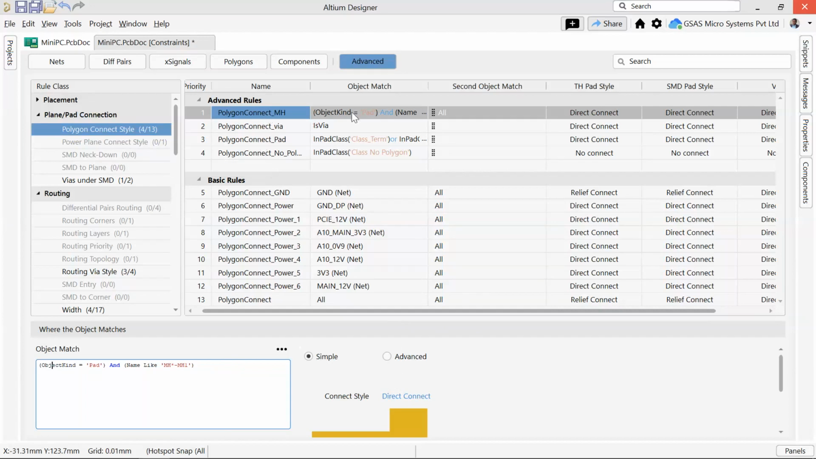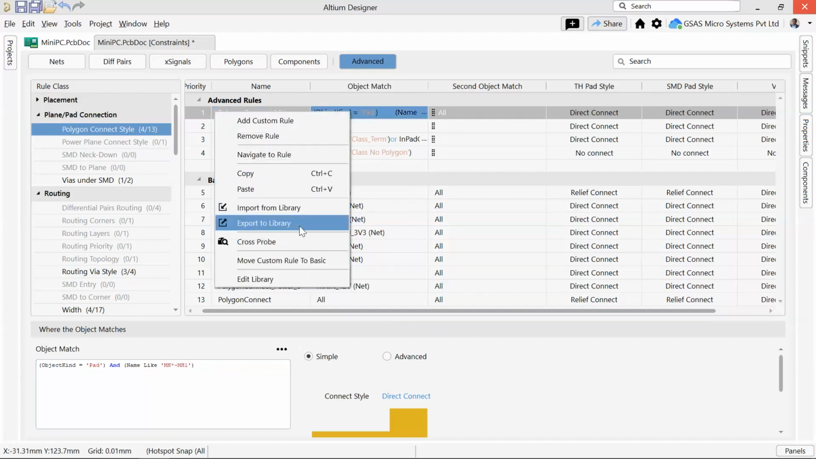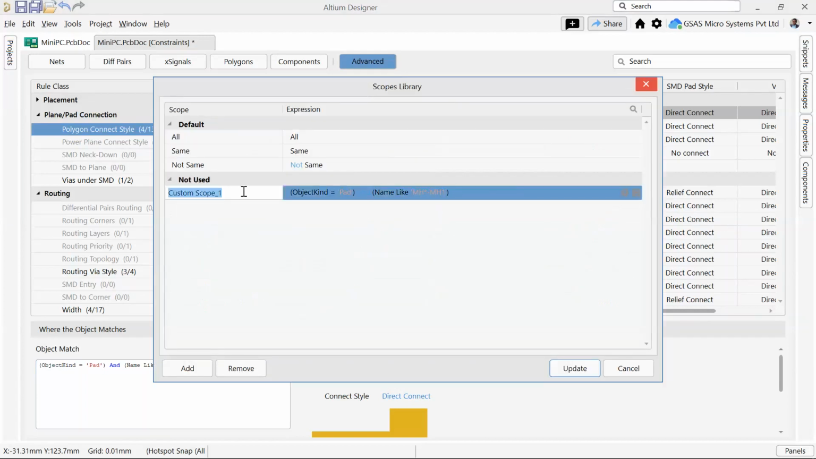So if you want to have this rule to be used in all of the upcoming designs, as I told during my presentation, you can use it as a library. You can store it in the library and that can be recalled in the upcoming designs. Now click export to library. Okay, then